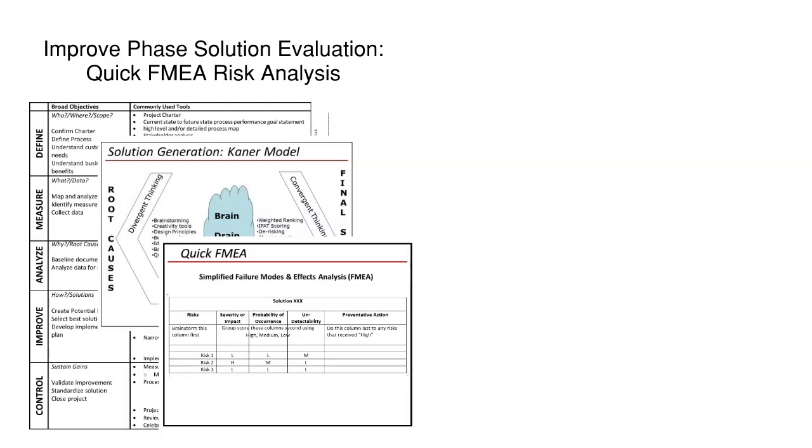This is part of a series of videos around solution evaluation in a process improvement project environment. We're focusing on domain-based problem solving, and this specific video is about a risk analysis using a tool called Quick FMEA, FMEA. And the learning objectives for this video include reviewing the improve phase activities that led to this risk